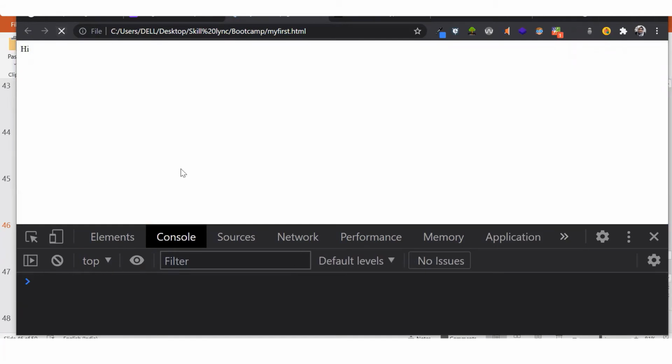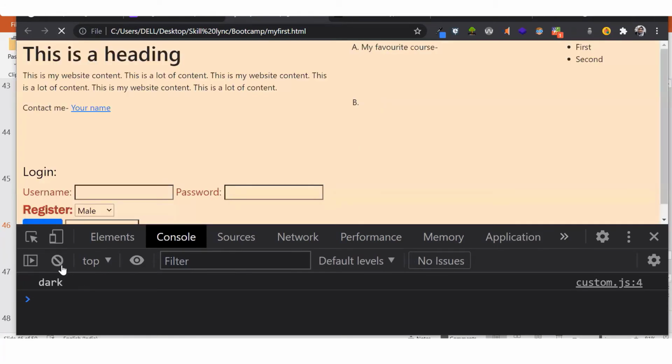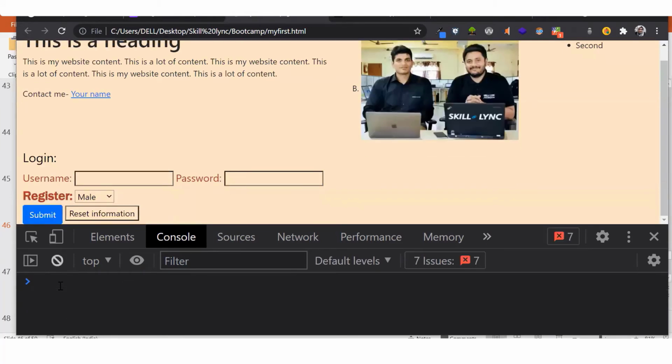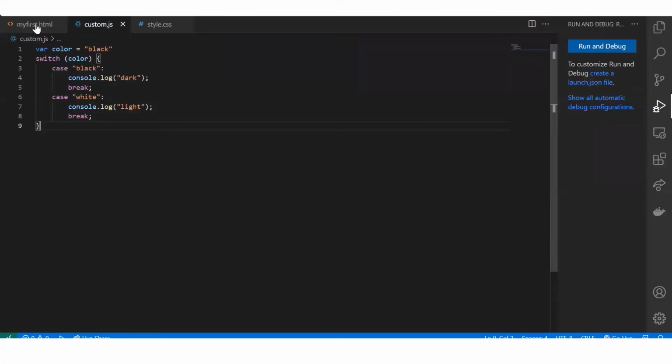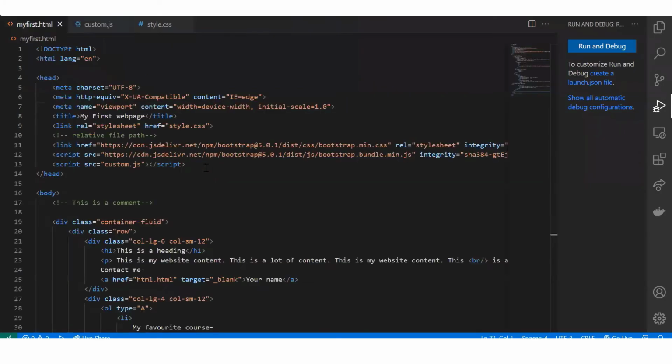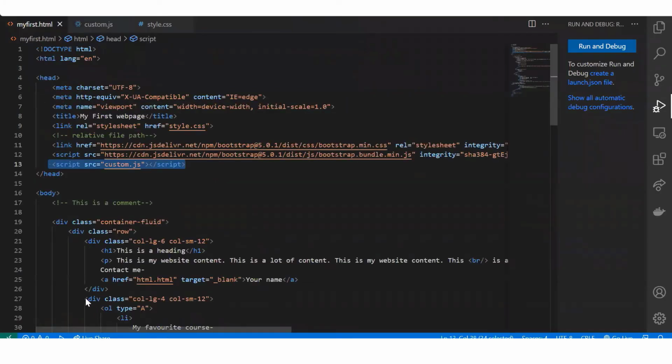Okay, and I have to reload this page now to be able to see other things. Now you can see that my output has come, and the output has come because of this custom.js. We have logged something. That's why, so this has been included properly. That is something which is being shown over here.